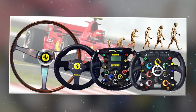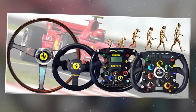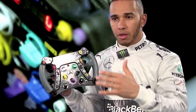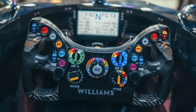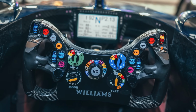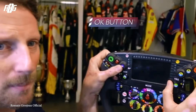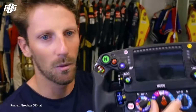In previous years, the design direction had become used to smaller steering wheels so the cockpits could be more aerodynamic, but with the advent of an increased number of electrical systems, the decision was made to add the switches to the wheel, rather than elsewhere in the cockpit, so it would be easier for the drivers to trigger them. The first buttons added to the face of the steering wheels were the neutral button, which could disengage the engine if the car spun, the drinking button that delivered water through a straw to the driver, and the pit lane